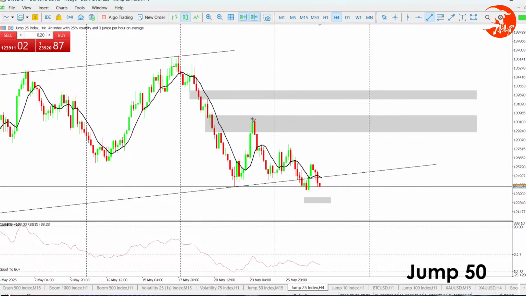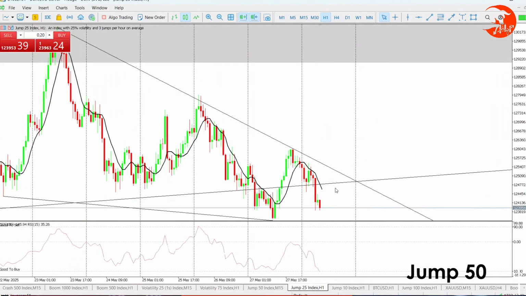So here I see some pattern that can be of an importance right here. So valuable. So I see that right here. So that will clearly tell me I'll be looking for buys. So let's wait for this price to come, give us a fake breakout down below, and then we get into buys later.